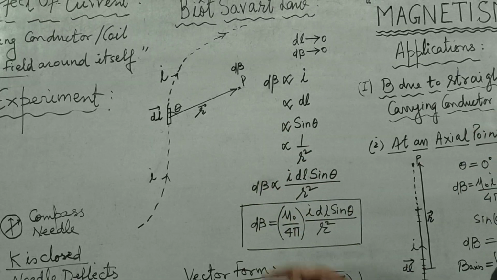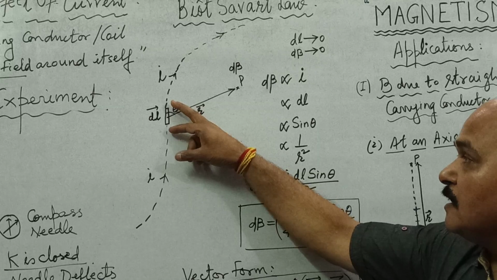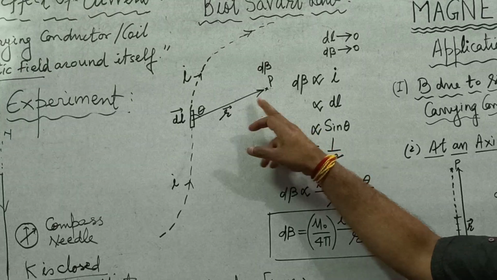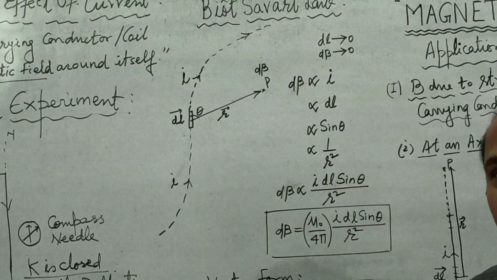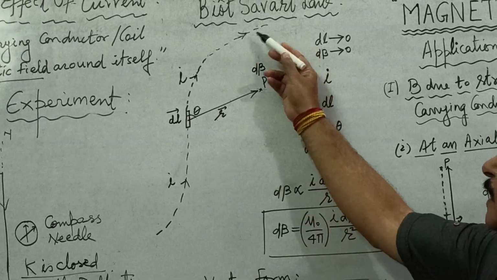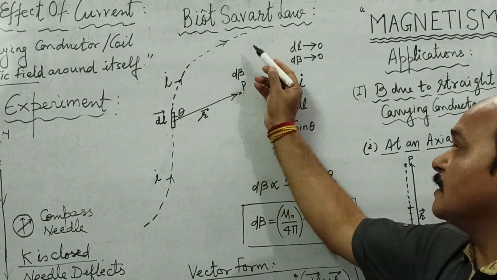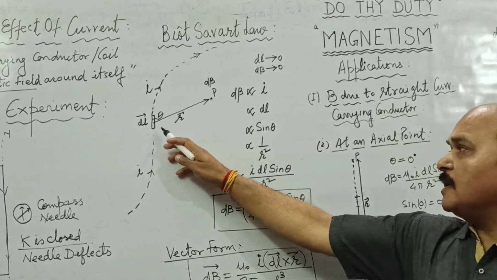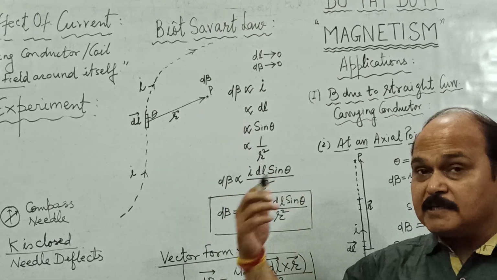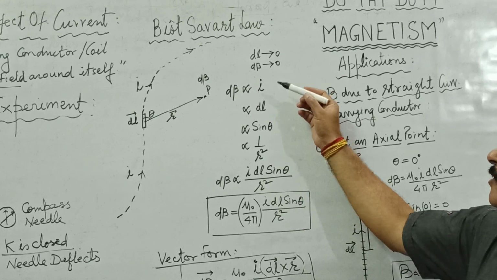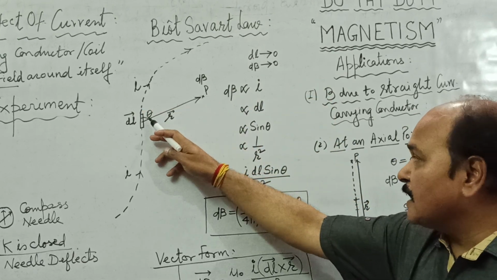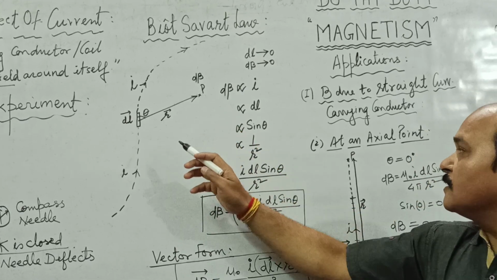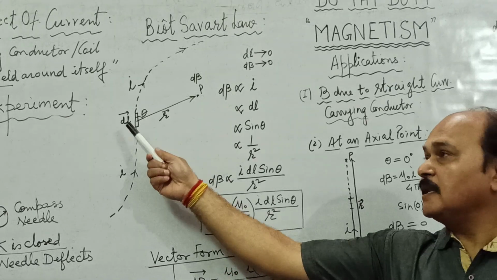So what is the magnetic field here? This magnetic field is also going to be very small. This current carrying element is infinitely small, therefore the magnetic field is also going to be very small, where I is the current passing through this infinitely small length of conductor. What is this dotted line? This dotted line is the unknown shape of conductor of which this very small conductor is a part. So the magnetic field, because of this very small current carrying element at a distance r from it, at an angle theta from it, depends upon the current, it depends upon this angle theta, it depends upon this position vector r, and of course it depends upon dl, the length of the element.